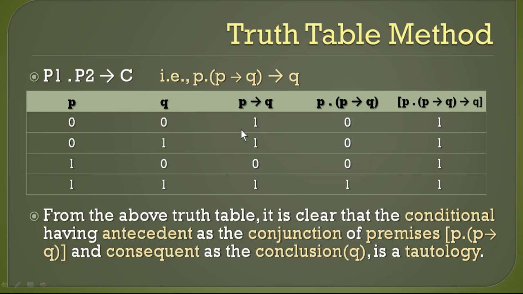Now you are going to join with P using the AND operator, joining P and this term. So the first column and the third column you join using the AND operation. 0 and 1 is 0, 0 and 1 is 0 again, 1 and 0 is also 0 again, and 1 and 1 is 1. So only the final row is 1 and the remaining are all 0. So these are the final premises you got.